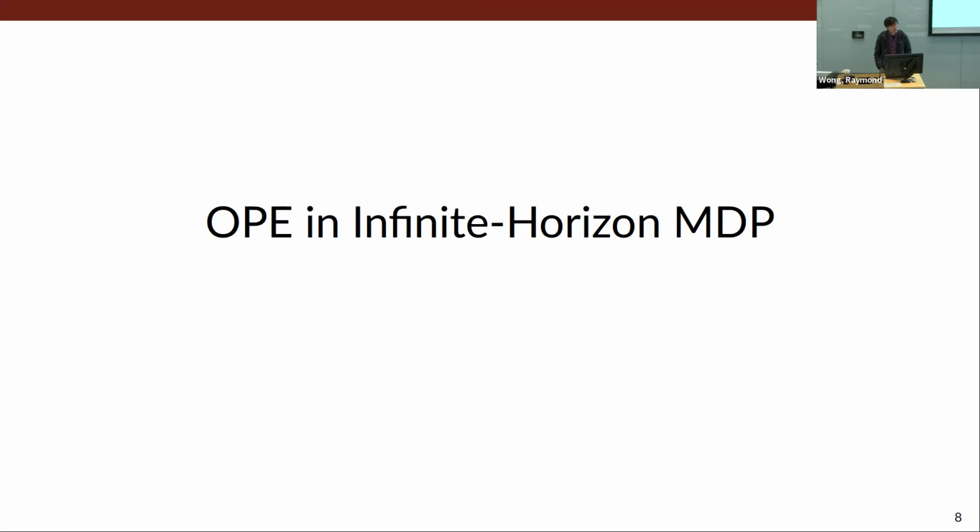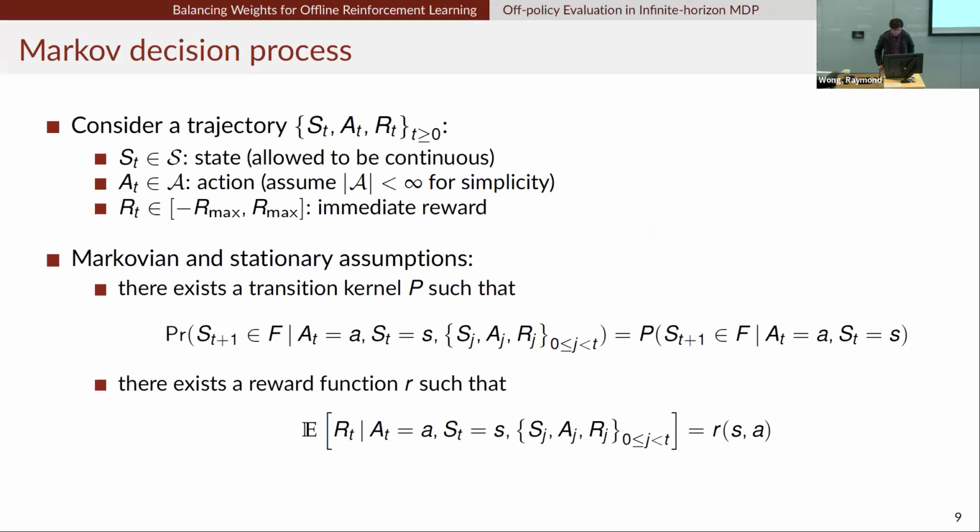The more specific problem that I'm going to talk about is policy evaluation. In the next few slides, I'm going to introduce the problem and also the setup. So now let's consider a trajectory of interactions. Again, an interaction consists of three major components: state, action, and reward. In this work, we're going to allow a general state space. That means the state variable can be continuous. For simplicity, I'm going to restrict the action space to be finite. But there's no fundamental difficulty to extend our work to continuous action space. It just makes my life easier to describe.